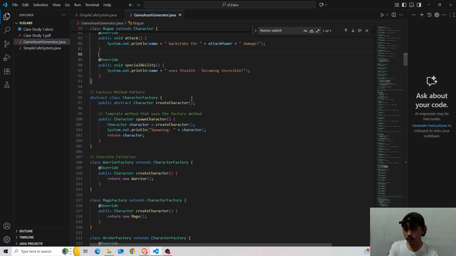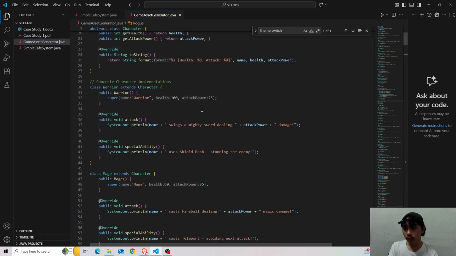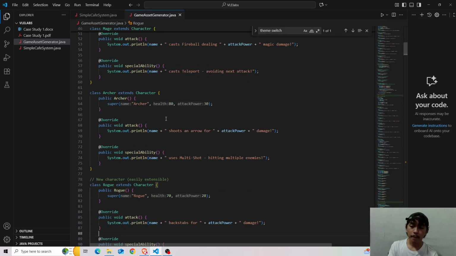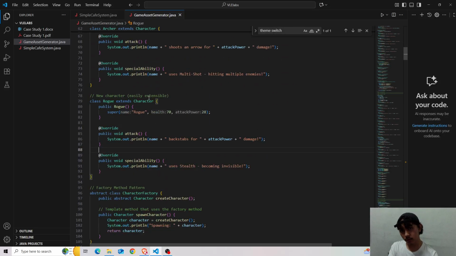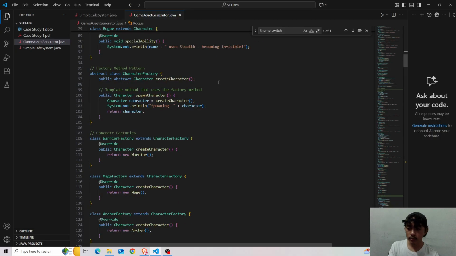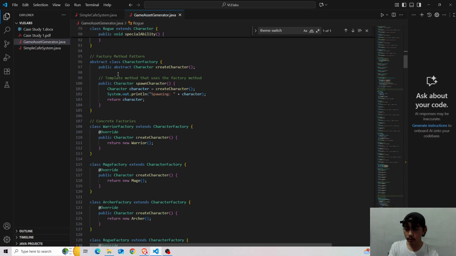So this abstract factory character, which is an abstract class, creates concrete factories that will create these unique characters, right? So we'll be creating those through concrete factories.